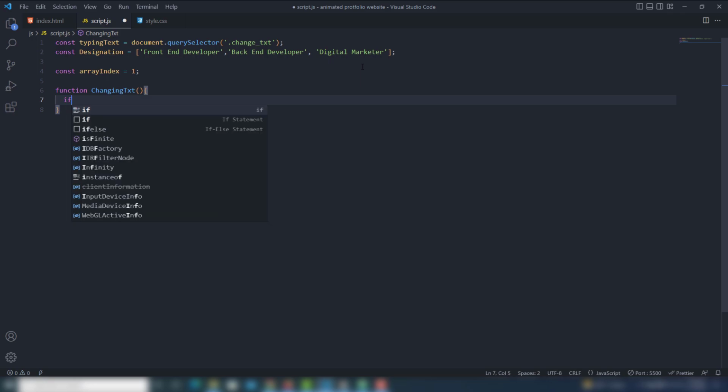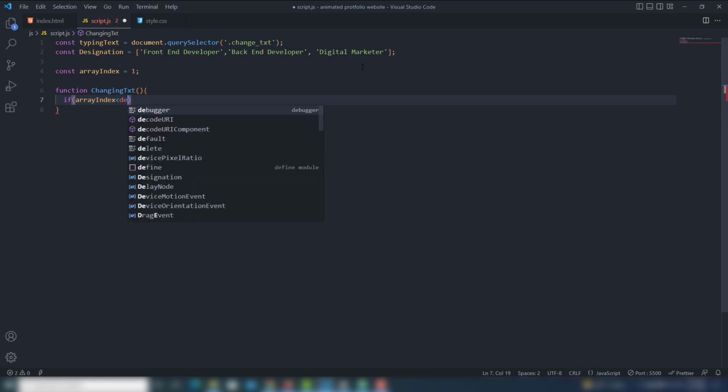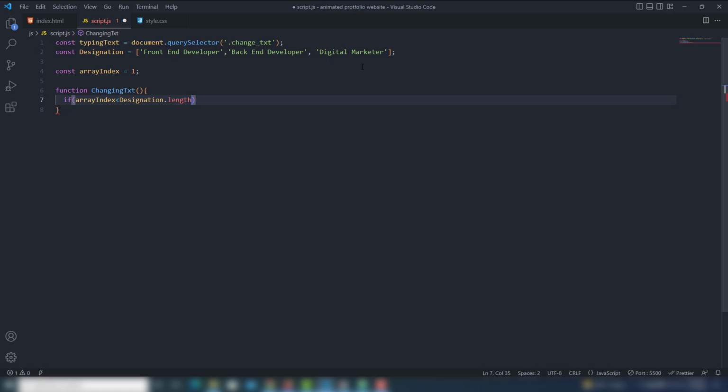Inside there you need to write an if, with the condition array index less than designation dot length. Then come into the if body.